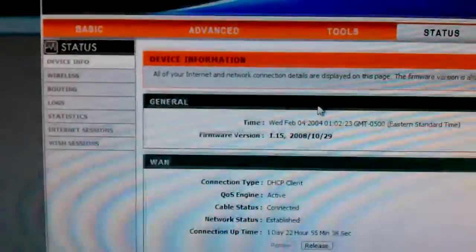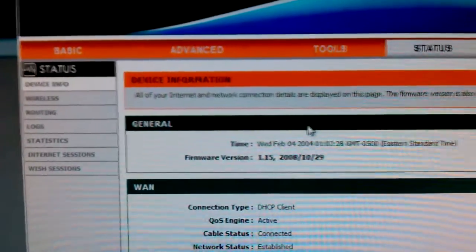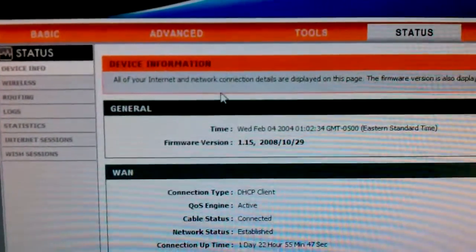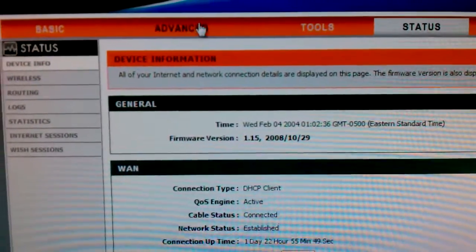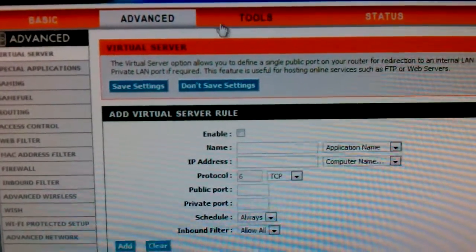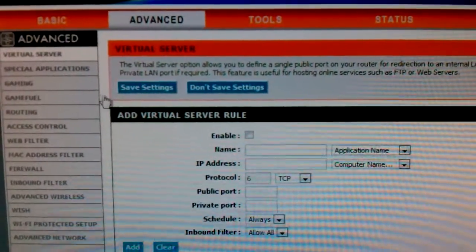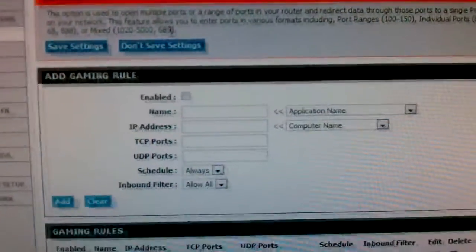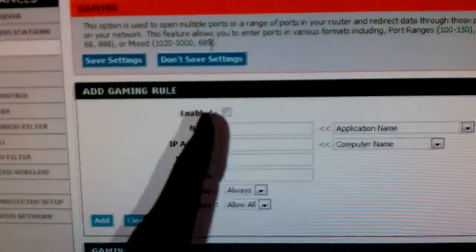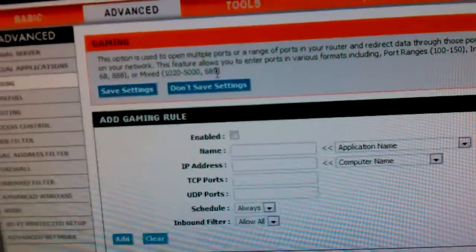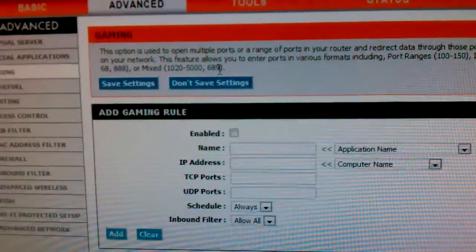But for some routers, we're going to be looking for port forwarding. That's what we're doing right now. We're going to be forwarding a port. For some Linksys routers, we're looking for the actual words port forwarding. It might be under advanced. But for me, I don't have an option that says port forwarding. I have an option that says gaming, because this is a quote-unquote gaming router. But basically try to get to a screen that looks like this, where you enter the name, an IP address, a TCP port, a UDP port, or it might just say ports, like it might shorten everything to just ports,